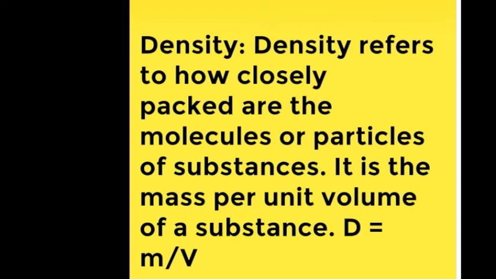Now we have understood what matter is. Anything that has mass and occupies space is called matter. And what is matter made up of? It is made up of very, very small particles called atoms or molecules, and the molecules have some spaces between them. The space is called intermolecular space, and they exert a force of attraction on each other, which is called intermolecular force of attraction. We have also learned about the molecular arrangement in different states of matter: solid, liquid and gas.